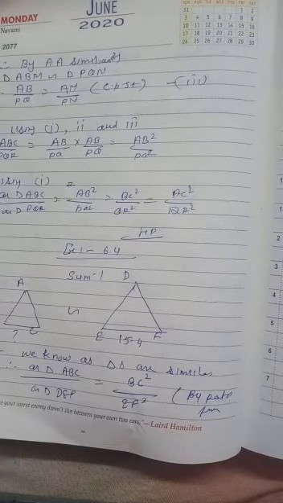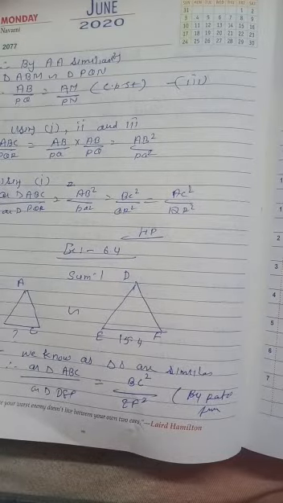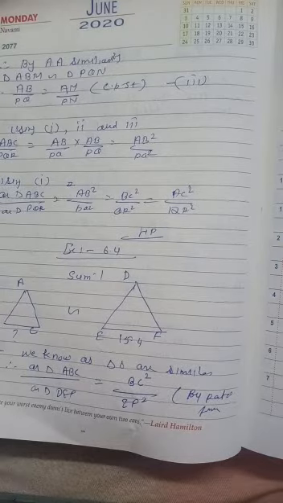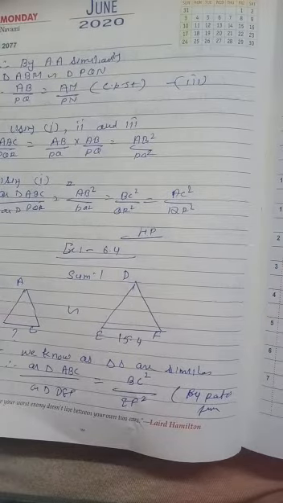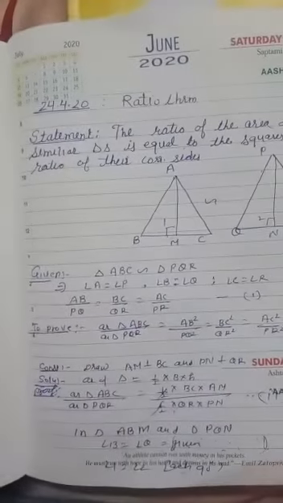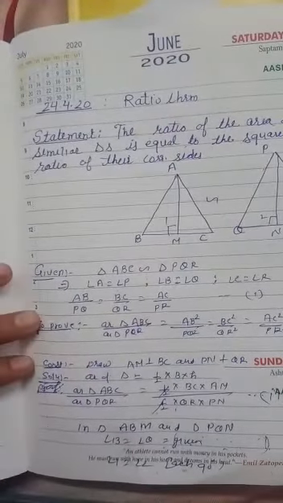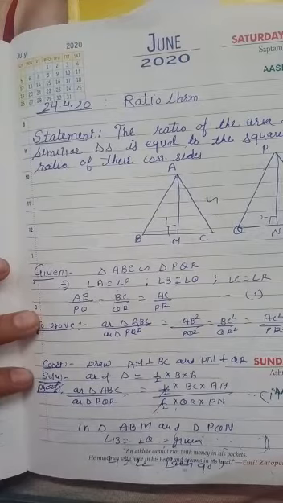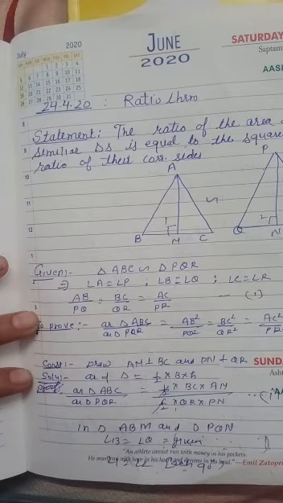First one BPT, second is Pythagoras, third is converse of Pythagoras, fourth is ratio. Out of these four theorems, one theorem is always in an exam. Either it may be your PA, your terminal, or your board exam. It must be in exams. Okay, only this is a little bit tough. So again, listen to what I am going to speak, repeating the theorem. What the theorem says: the ratio of the area of two similar triangles is equal to the square of the ratio of their corresponding sides.